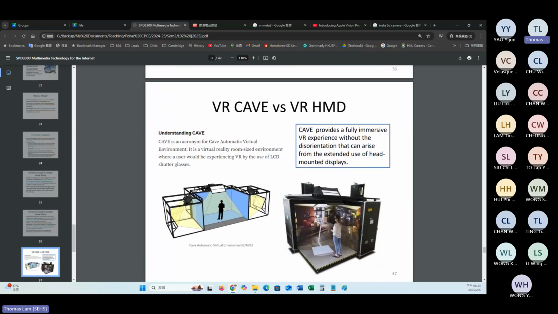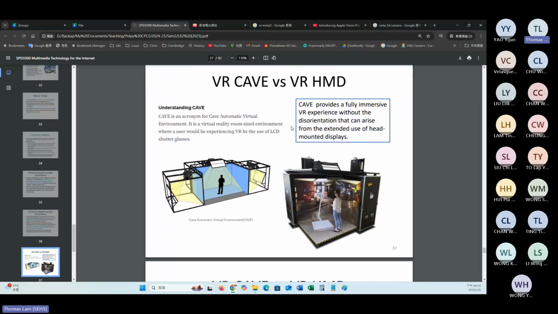Some other immersive navigation or experience is by means of the VR cave. I'm for sure that when you were studying in secondary school, you may have had this kind of experience. So VR cave actually is a kind of space or room that you go inside, and then you can experience the immersive experience by means of the controller.